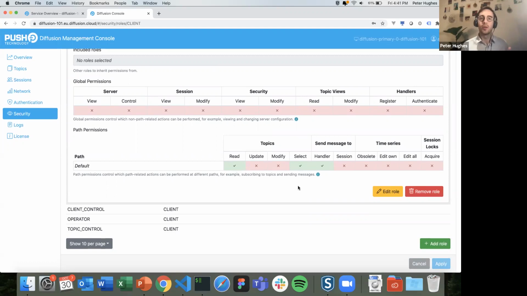You can lock down certain parts of your data model so that only particular types of clients can subscribe or even see the existence of different bits of that data. And all of these security rules are applied completely dynamically. You can add and remove these permissions at any point in time, and any changes you make will be immediately applied. You don't need to wait for connections to re-authenticate before picking up